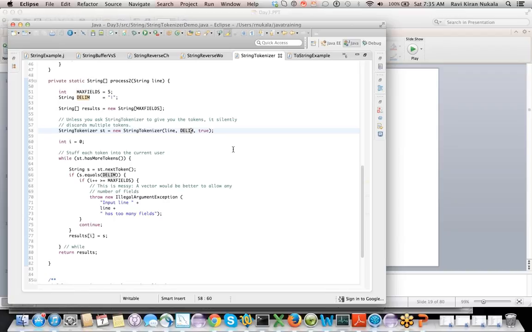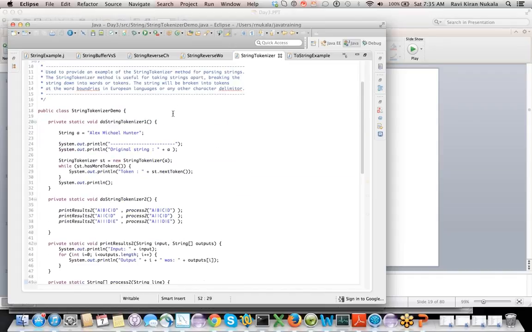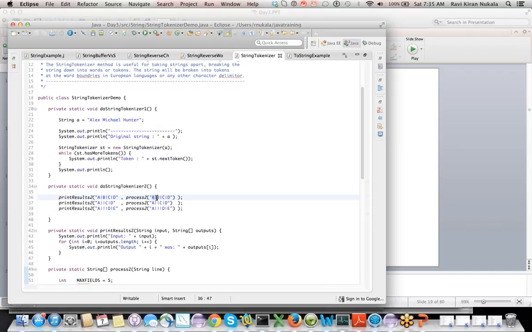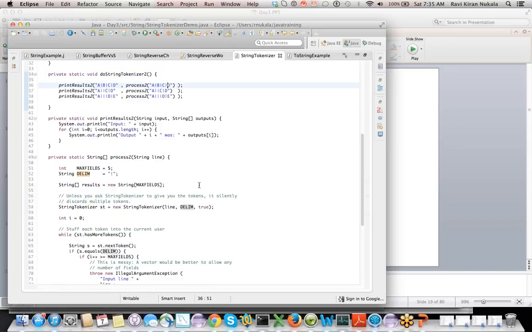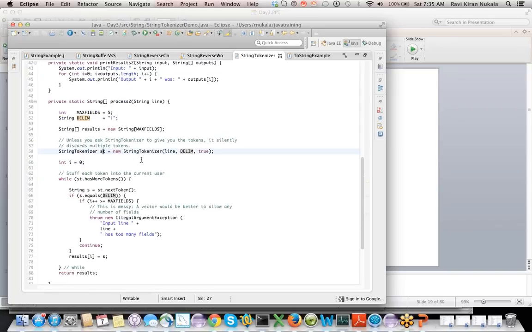So it's going to delimit based on this pipe. How many tokens will you have? You will have 1, 2, 3, 4. Once you execute this, you have 4 tokens with you.